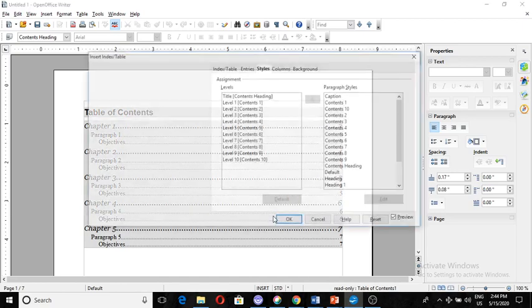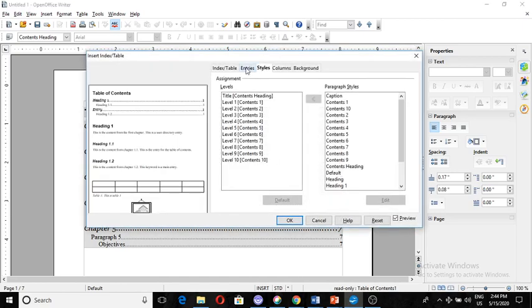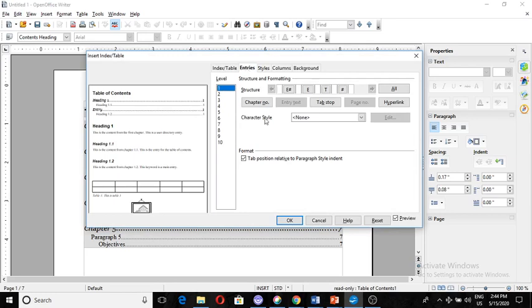Again I right click it. Now we come to the entries. See, in entries, what the entry is telling us, the entry tab is used to format the entries in the table of contents.